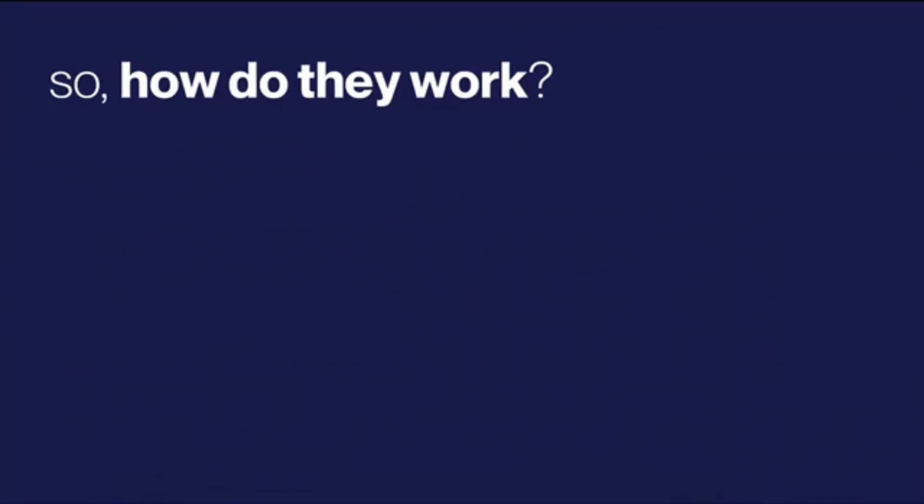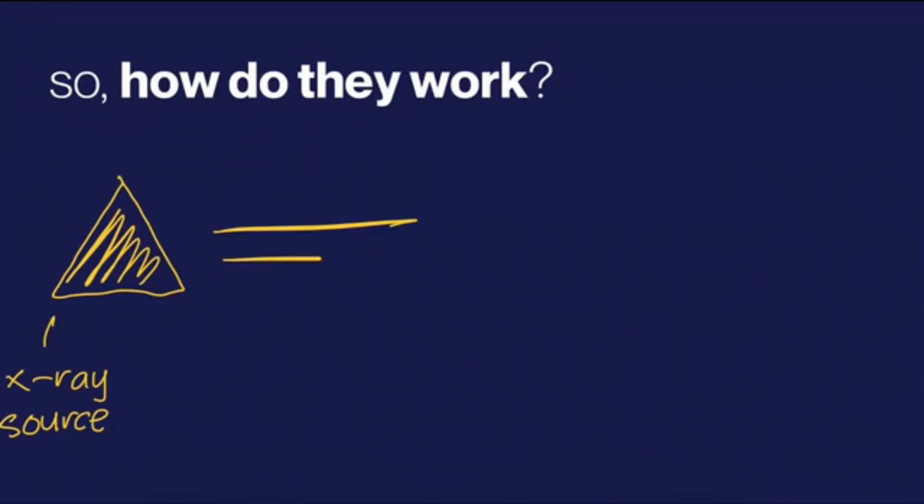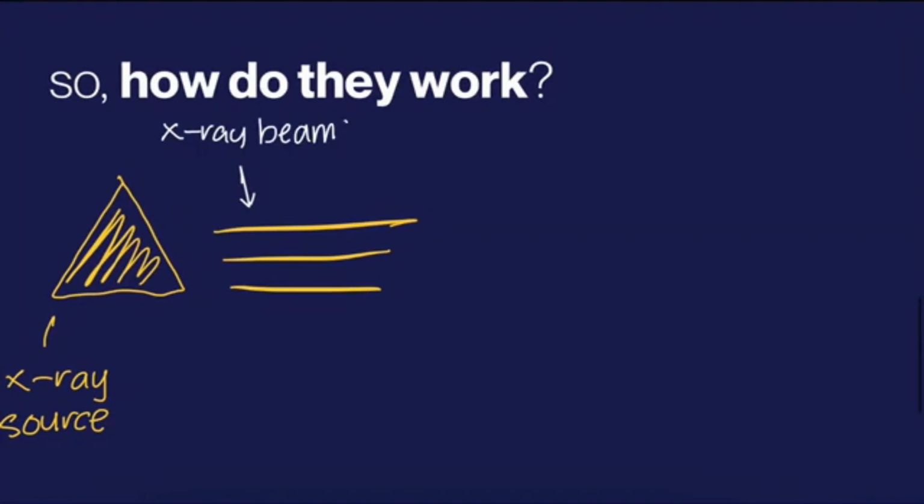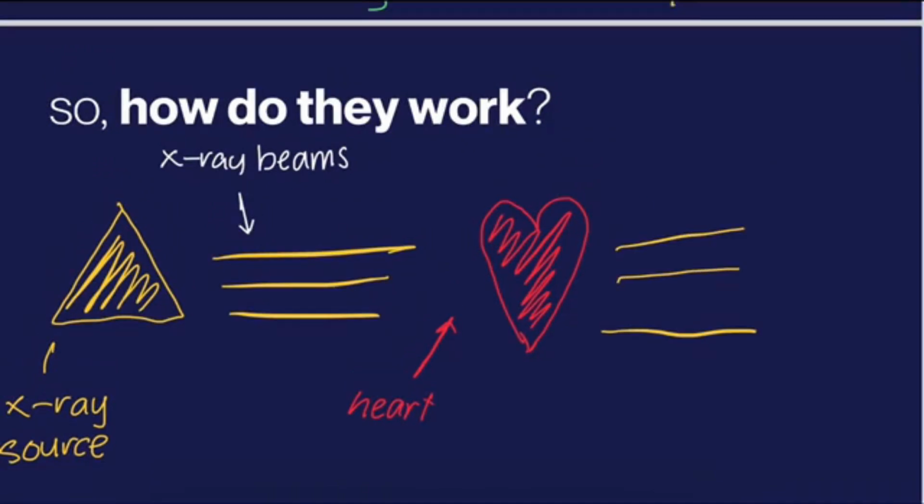The source emits X-ray radiation, which is then weakened, or in other words, it loses energy, as it passes through different types of bodily tissues and organs, such as the lungs or heart. It loses energy because the X-rays collide with the electrons of the organs. This loss of energy is then picked up by the X-ray detector on the other side, which converts it into